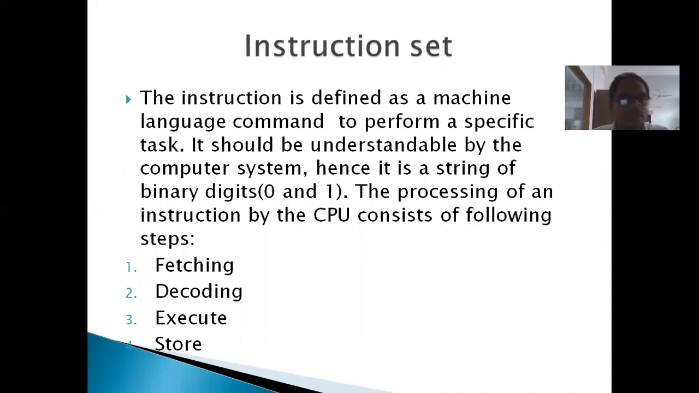Next one is instruction set. A set of instructions is called the instruction set in simple language. The instruction is defined as a machine language command to perform a specific task. It should be understandable by the computer system. Hence, it is a string of binary digits,